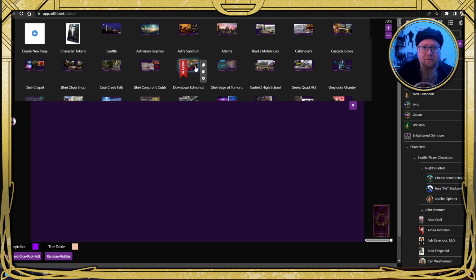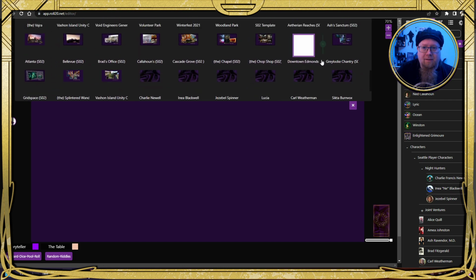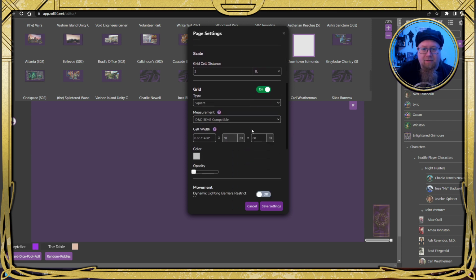If we wanted to check on the settings, you can see that it's 1920 by 1080, that we are using 60 pixel squares, that we have the opacity on the grid turned off, but we are still snapping to the grid. That's important if I wanted to have dynamic images, like I could hold off on some images in the GM layer and reveal them to players later.